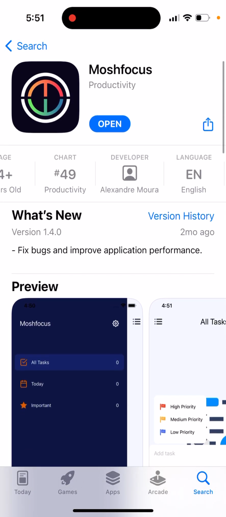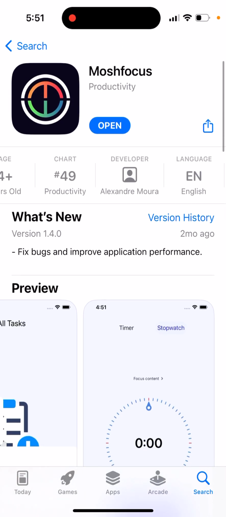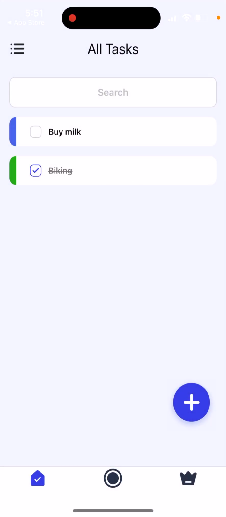So yeah, here you can just open it up and then you can see all tasks. And let's just open it up, see how it works. So here, why I like this app, because it's very simplistic. You don't need a lot of tutorials to learn this app, and it's just straight to